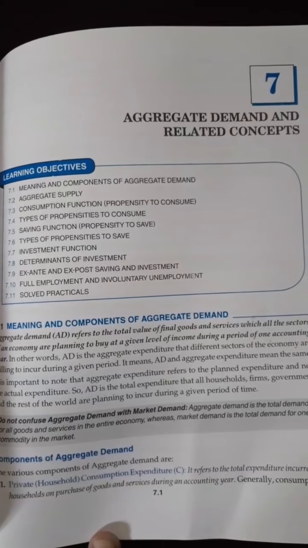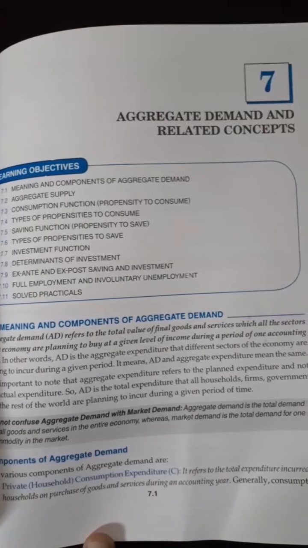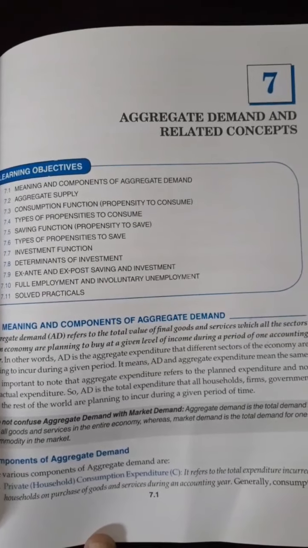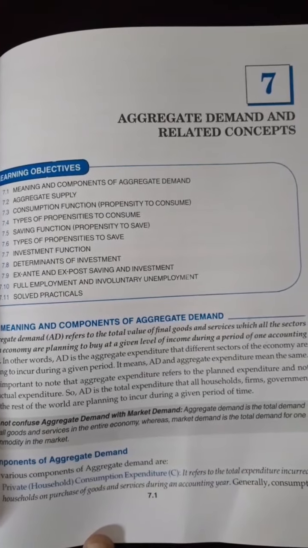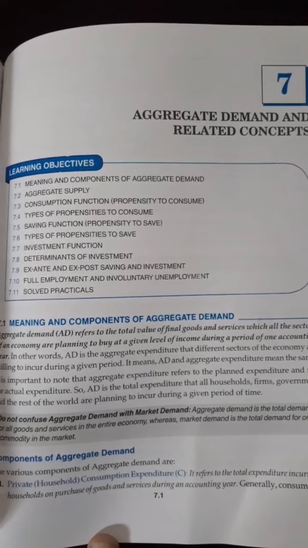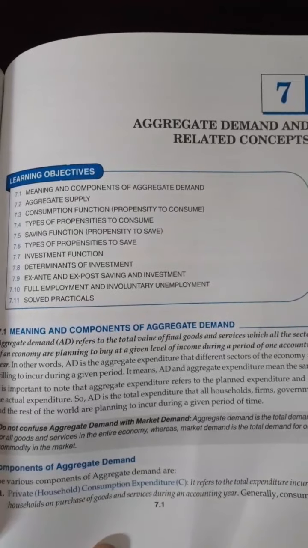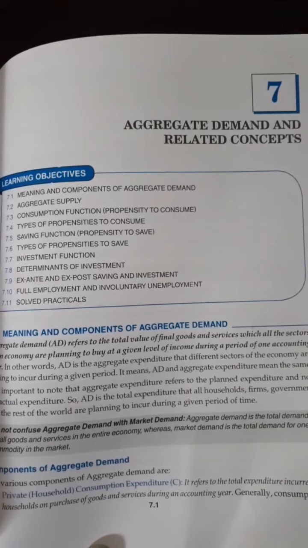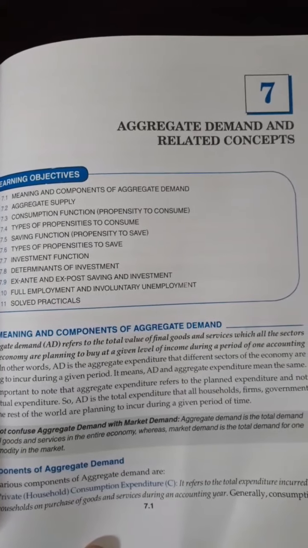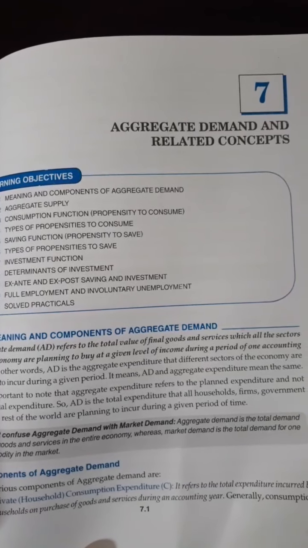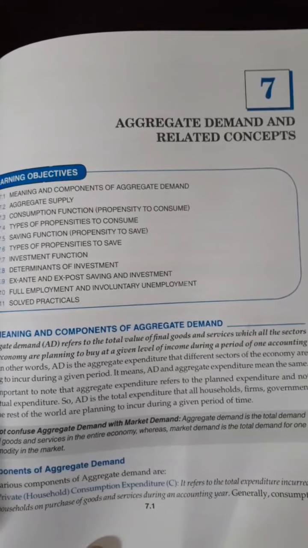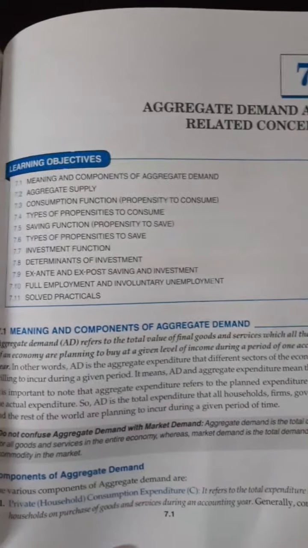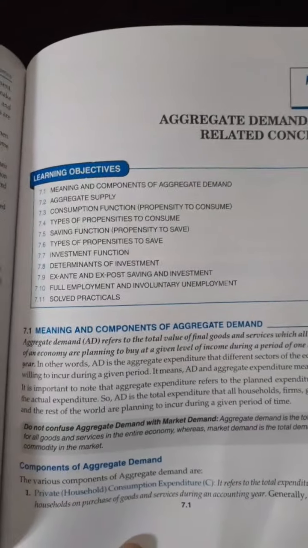In microeconomics, we have studied about demand. Demand is the requirement or the desire for anything which we need to have within our purchasing power. Aggregate demand is that demand which we can say is the sum total of all the goods and services available in the market and the number of people who want to get it. This is what aggregate demand is.